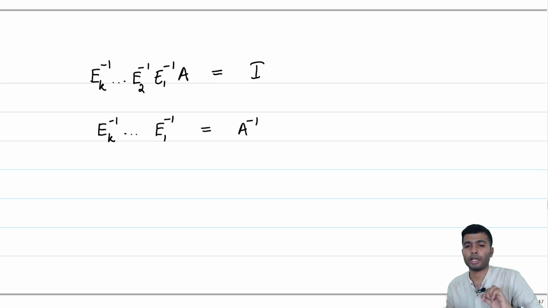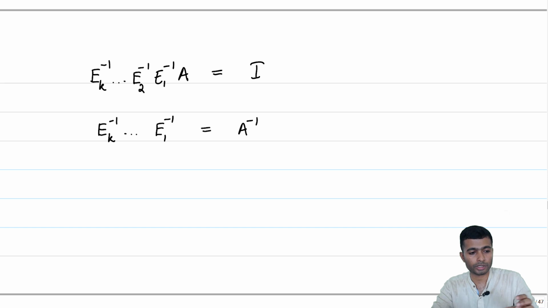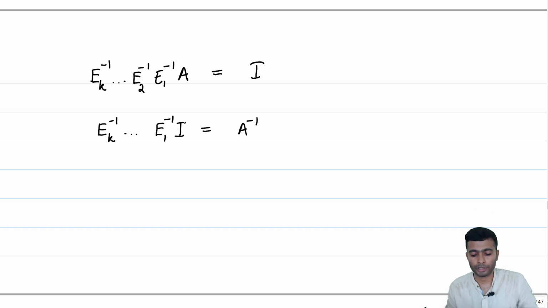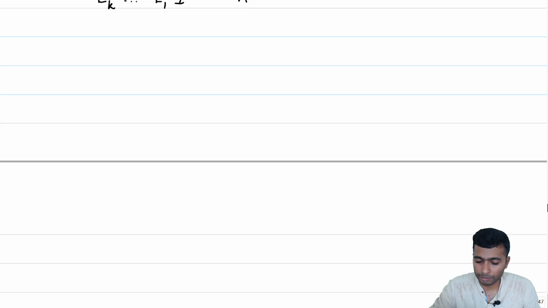So, these elementary matrices, which after the relevant row operations give us the identity, if you capture them, the product of them turns out to be, or rather let me put it this way, the same elementary row operations applied to the identity matrix will give us the inverse of the matrix. This is a strategy which we can use to compute the inverse of an invertible matrix. So, let us look at one example.